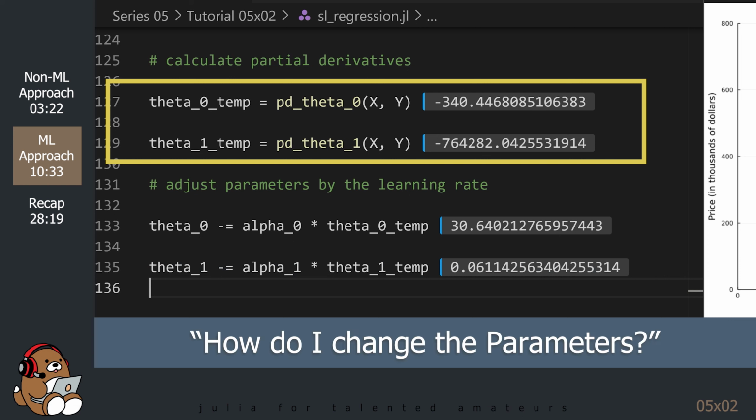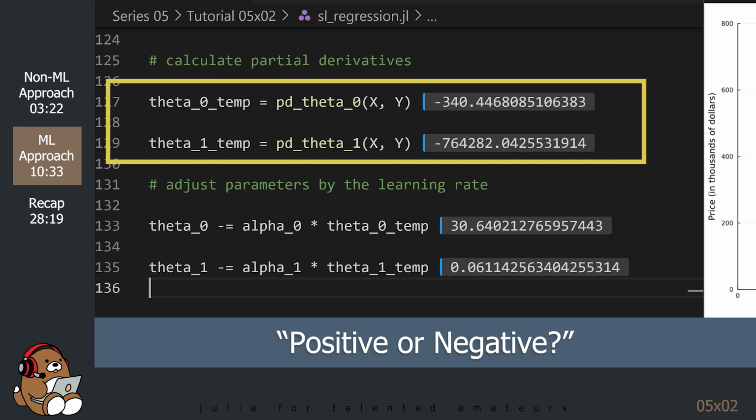Your computer is asking itself the question, in order to improve my estimate, in what direction and by what magnitude do I need to change the values of my parameters? Does the change need to be positive or negative? Does the change need to be big or small? These values provide the answers to those questions.